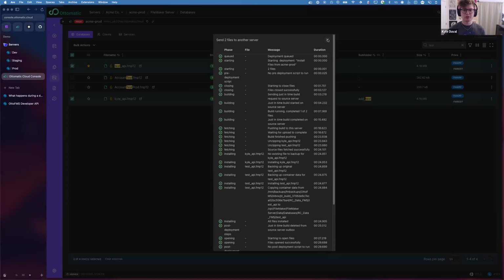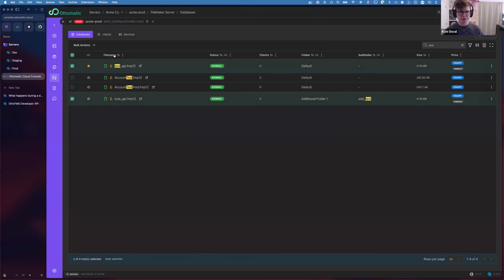So that's kind of the power behind the Cloud Console, is that AutoFMS has this cool stuff, but you have to use AutoDeploy to choreograph stuff, or you have to do it yourself via scripting. So the Cloud Console really takes the abilities of AutoFMS and puts the interaction between servers on top of it. I should also call out, you can do uploads of files, both from the Cloud Console and from AutoFMS.